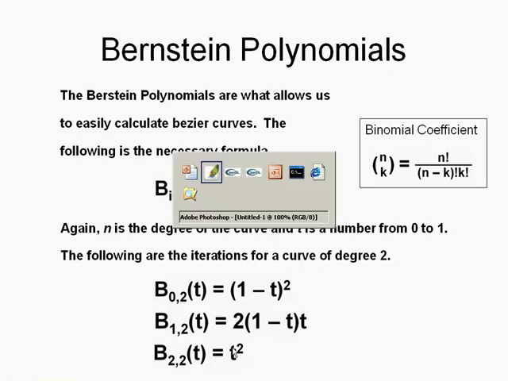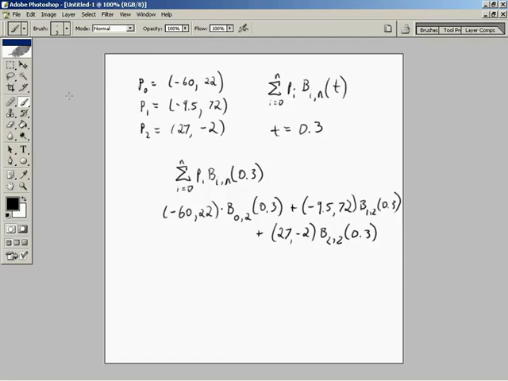So if I come back over into Photoshop, filling this in: negative 60, comma 22, times 1 minus 0.3 squared, added to negative 9.5, comma 72, times 2 times 1 minus 0.3 times 0.3, plus